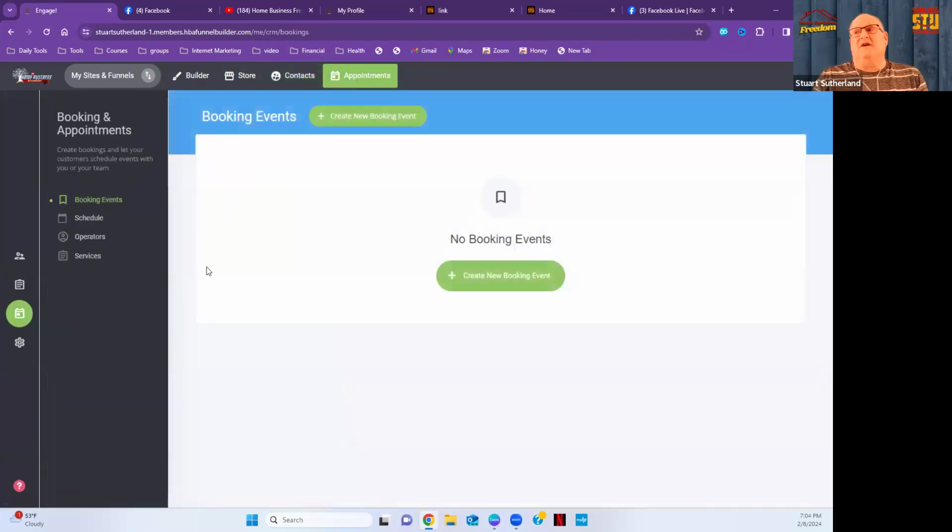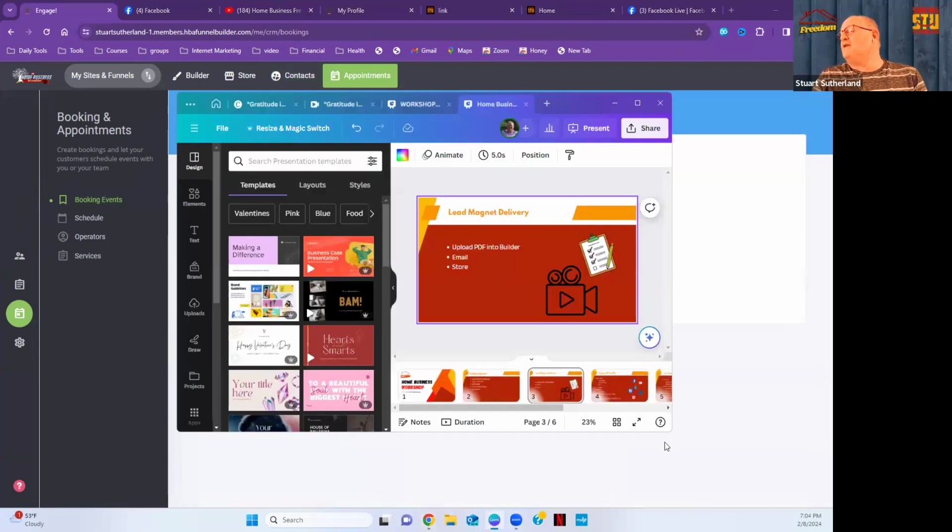And any appointments, if you use the scheduler, this is where your appointments will show up. So all that's built into the funnel builder too. We barely even scratched the surface of that, but the scheduler, all your appointments will show up here. Anyway, so that's that. I wanted to just show you that real quick, and let me get back to the